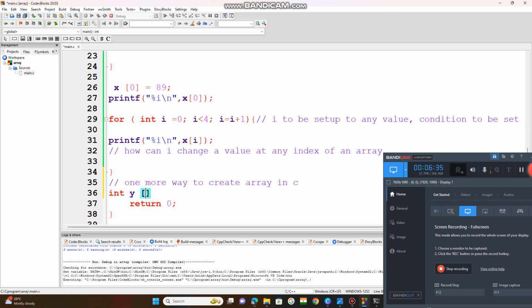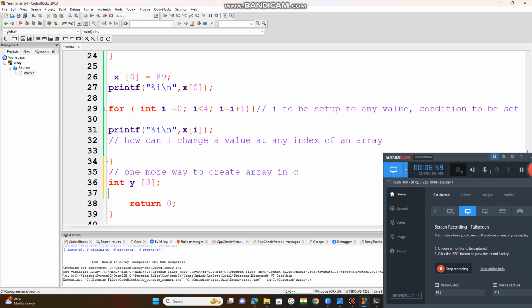Within these square brackets we need to say how many elements I want to store. After that, a semicolon. So here, array means square brackets, array name y is integer type. How many elements will this array hold? 3 elements. Then I need to pass the values, at 0 index is equal to,